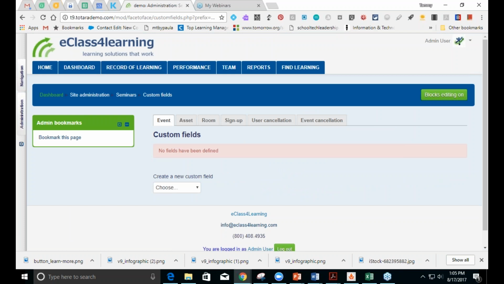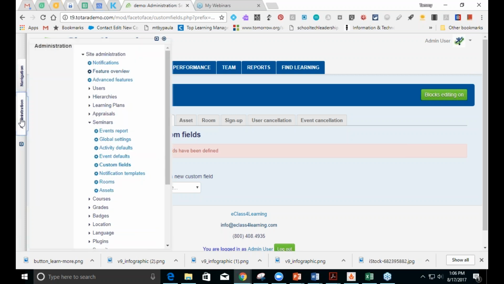So if there are additional fields you want to add, you can have a checkbox, a date and time, a file that's uploaded, a location field, menu of choices. That's kind of neat where they could choose different things. Multi-select, text area, text input, and URL are types of fields that you can add now. So that's pretty exciting. There is also, let's see,